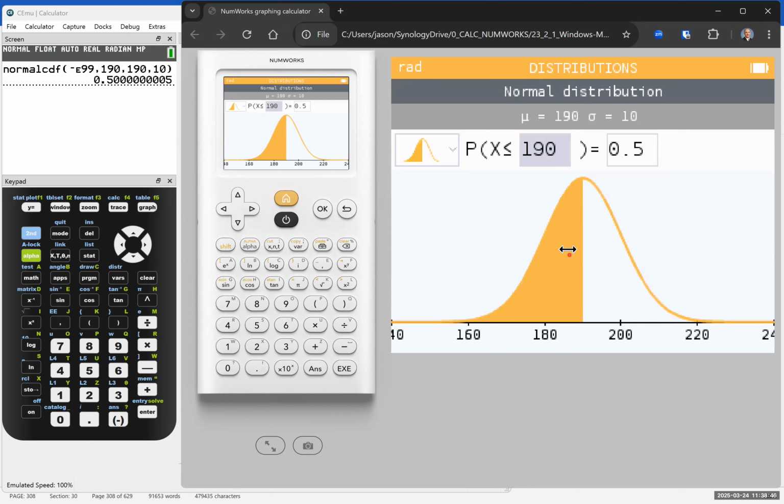Okay, and let me go in reverse order now. So let's say instead of the area to the left, I wanted the area to the right. On the NumWorks calculator, I would just need to come over here, click OK, say I want the area to the right, and change that to 190. And now it's giving me the area to the right of 190. See, values of x that are greater than or equal to 190, that would be up this way, and that is 50%. If I come over to the Texas Instruments,